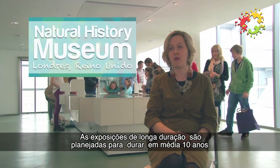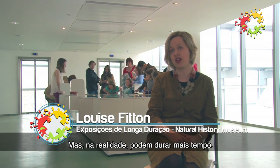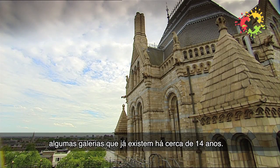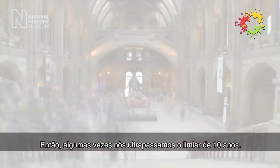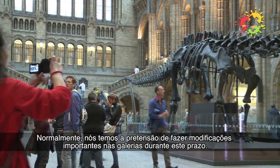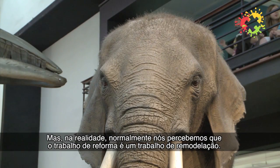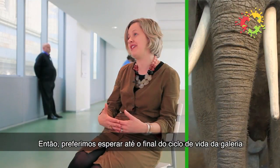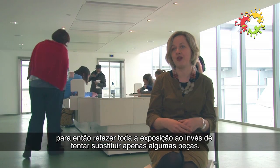Permanent exhibitions, when we're planning them, tend to have a shelf life of 10 years. But in reality, that can often be a little longer. So, for example, we're undergoing a series of refurbishment works in our Earth galleries at the moment. And the galleries that we're targeting have been there for, I'd say, about 14 years. So we sometimes go over that 10-year threshold. Very often we have the ambition to be adaptable enough to make changes along the way. But the reality is that we're often finding that a refurbishment work is a total refurbishment, so we wait till the end of the gallery's life cycle and then do a wholehearted attempt at refurbishing the gallery rather than a